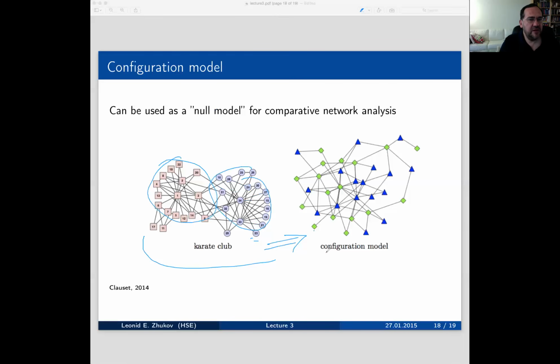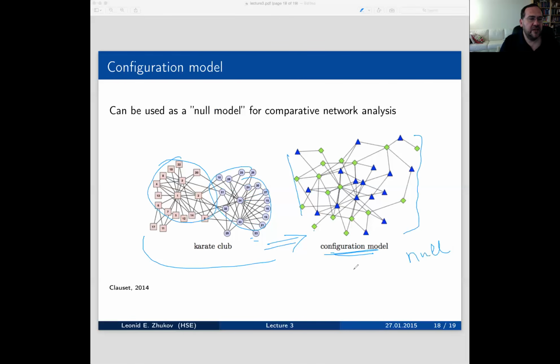Comparing to the configuration model can help us emphasize the impact of whatever underlying process was used to create the graph, compared to the random graph. In some sense, we eliminate the effect of different degree distributions, and what remains is the effect of randomness on the structure. That's why this is called a null model.